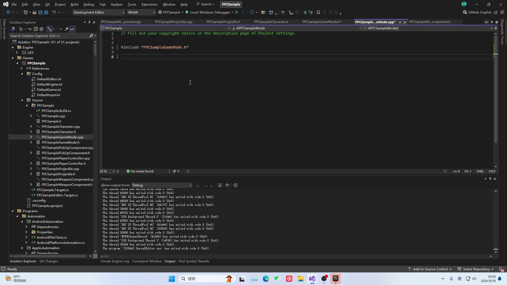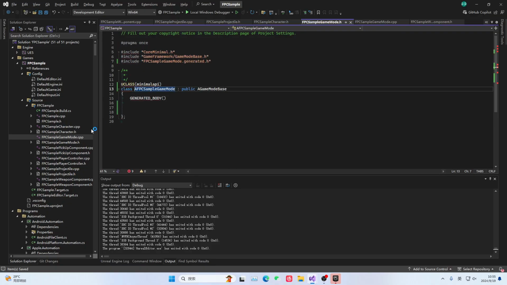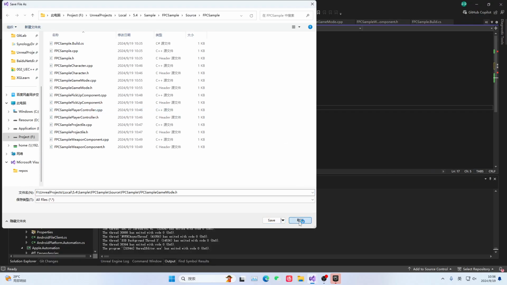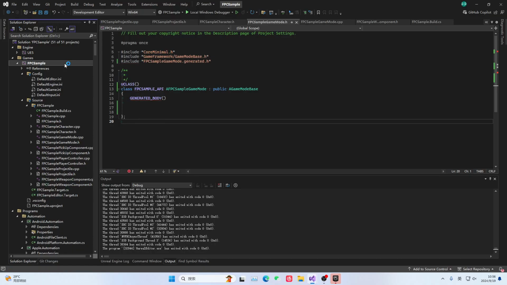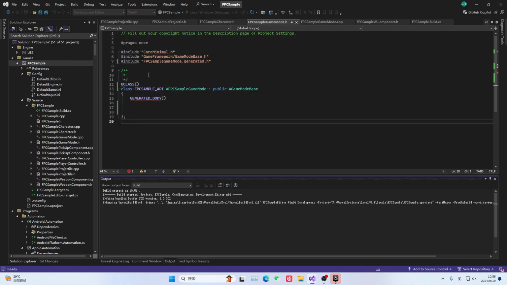Originally, there was a red underline here, so we can just omit the repetitive text. This red underline will be fixed later. We changed something here. Let's restore it. Okay, so let's write it like this for now. Then let's take a look first and see if it compiles successfully. We made a small change.